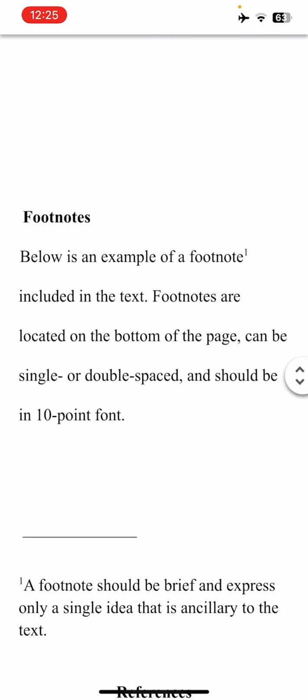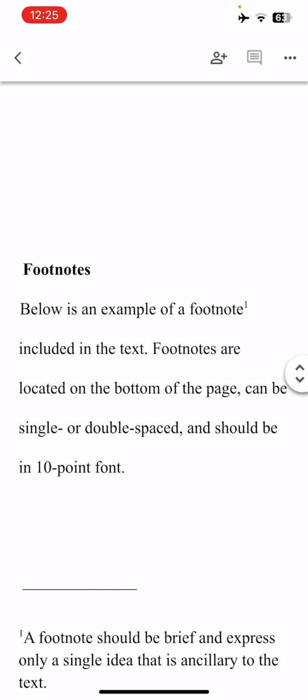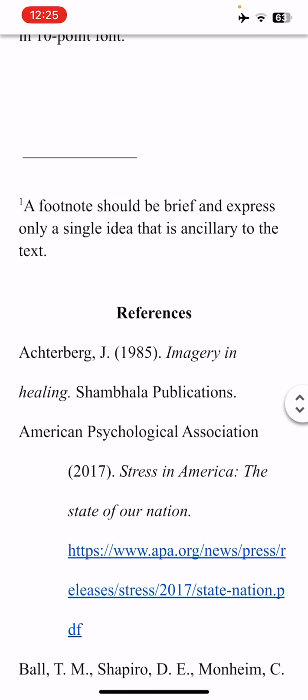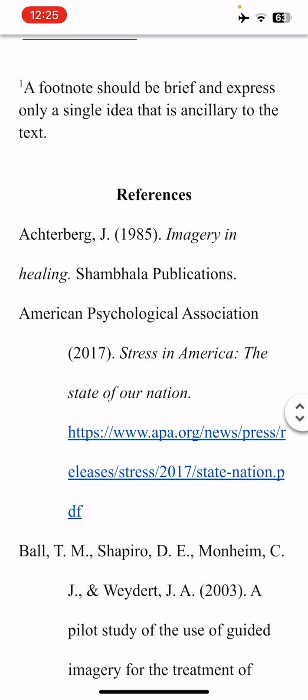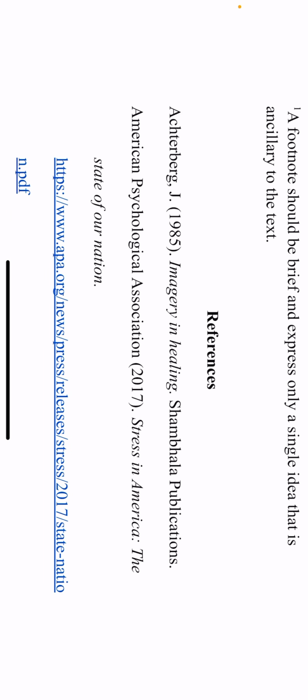When it comes to the footnotes, you don't have to worry about footnotes. There are no footnotes until you get to the capstone. And then you're going to have a reference page. And it's going to be what we call a hanging indent. So instead of the first line being indented a half inch, everything under the first line is indented by a half inch. And this doesn't show up very well in my... There we go. That's what it's going to look like right there. I should go this way for you guys.